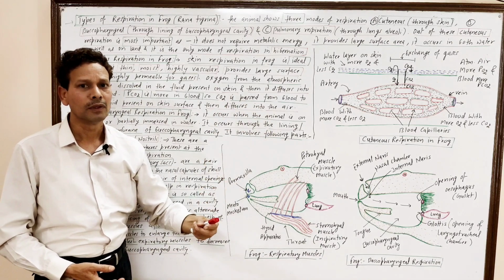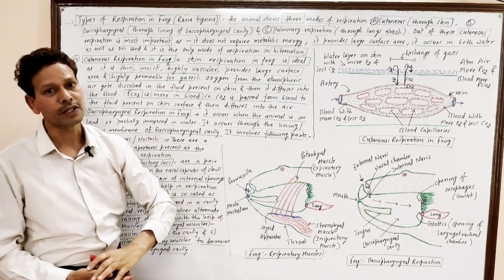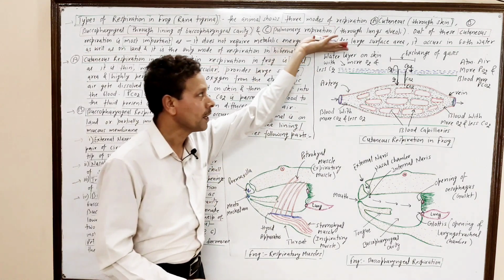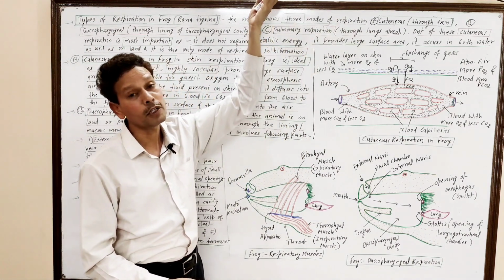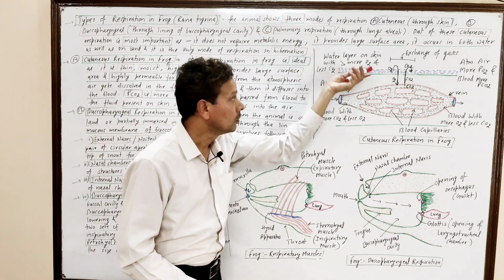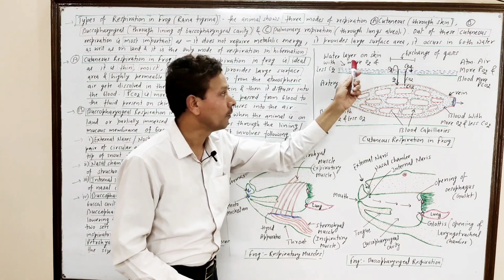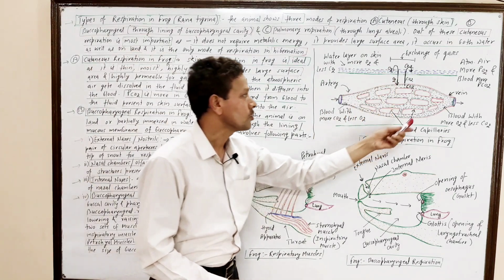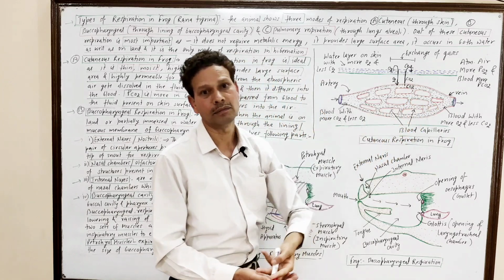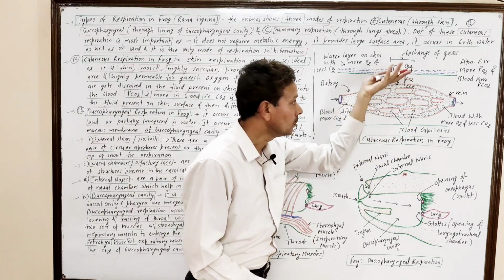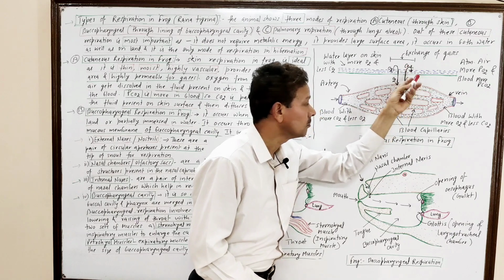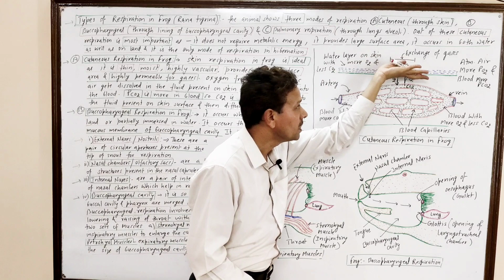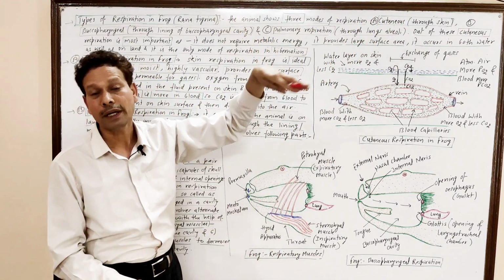It is a simple mechanism of gaseous exchange, and it occurs by simple diffusion. The partial pressure of O2 is high in atmospheric air, that O2 gets dissolved in this fluid, and from this fluid O2 diffuses into the blood. Partial pressure of CO2 in blood is high, and this CO2 is passed into the fluid present on the body surface, and from this fluid CO2 diffuses out into the atmosphere.